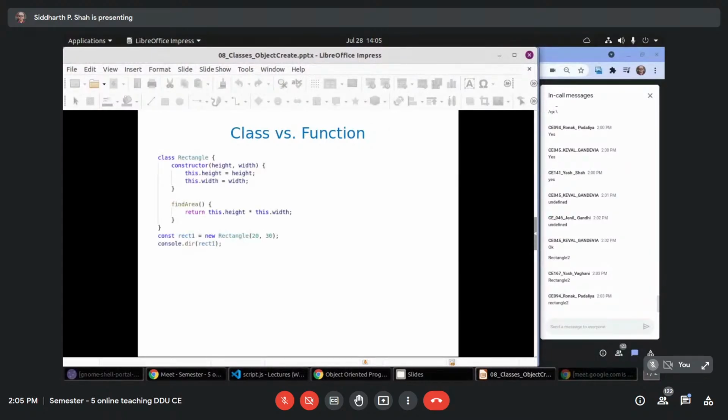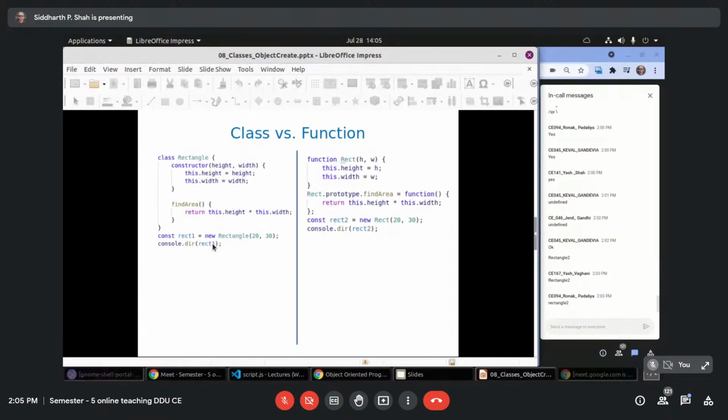So what I am talking about is this. This rectangle class has a constructor and one method, findArea. Then I create a rectangle object and print it. Before we see the output, there is another part: the similar thing with the help of a constructor function.